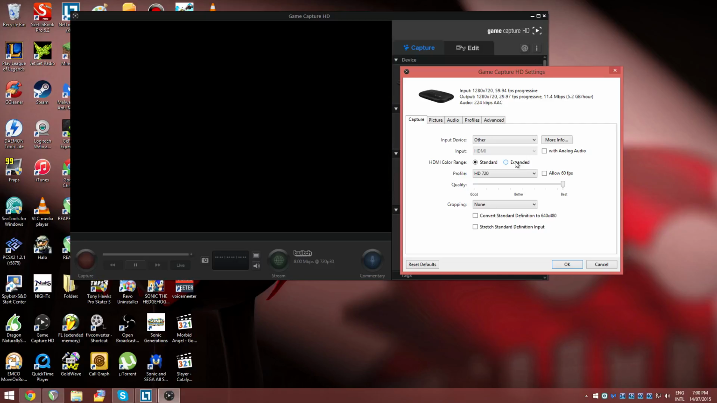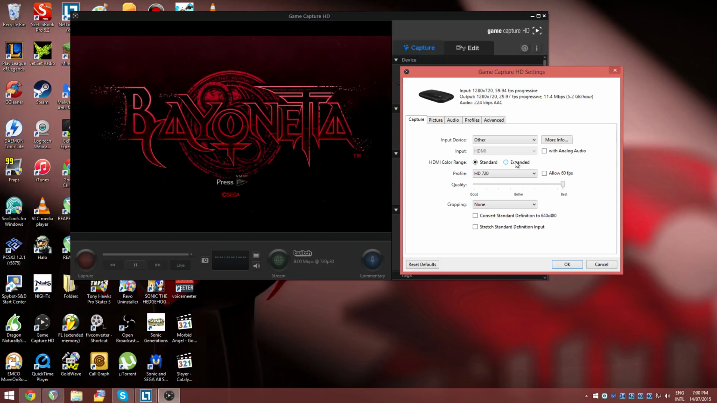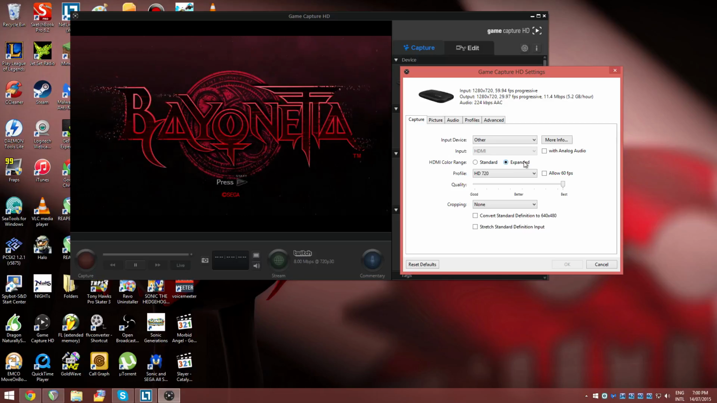It's probably not really that noticeable. Yeah, there it is there. You see how horrible that is? Everything's way too saturated, and then you go back there, it's back to normal. So anyway,